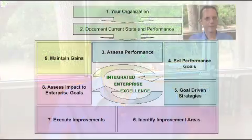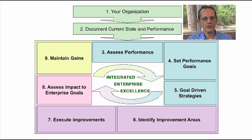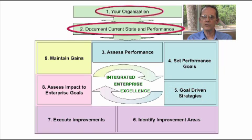Integrated Enterprise Excellence is a 9-step business system. Often organizations create strategies as step 1 within their business management system. However, with IEE, strategies are created in step 5. The first 2 steps of the IEE system give focus to describing what is done by the enterprise and how